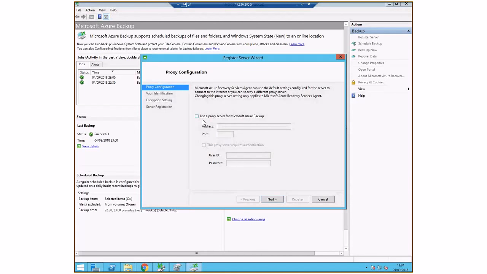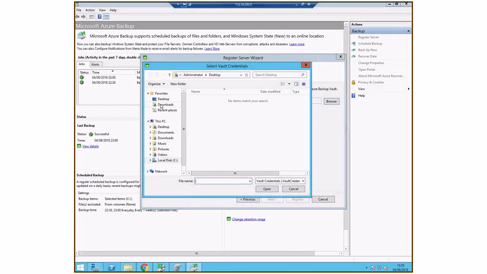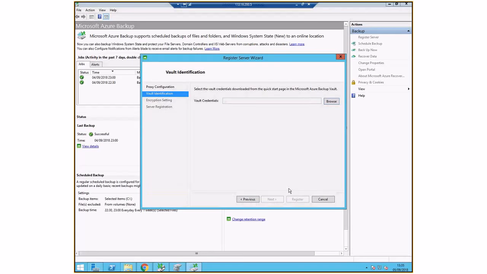If you have a proxy server, you need to add the address and credentials. In my case, I don't have one. And there you go. These are the vault credentials. I had to download a small file, whatever the name, from the Azure portal, and then here's the place for you to do the registration. I did it already.